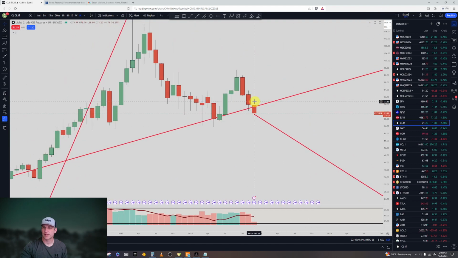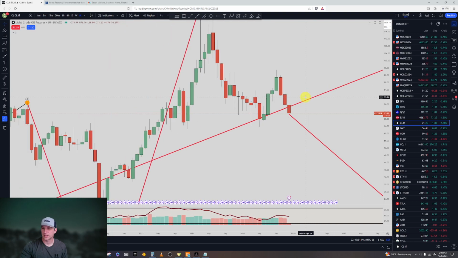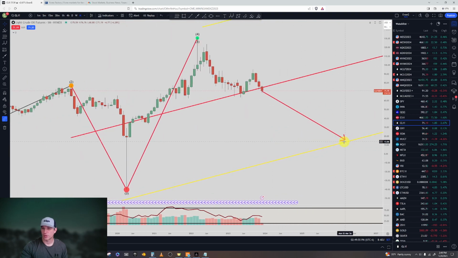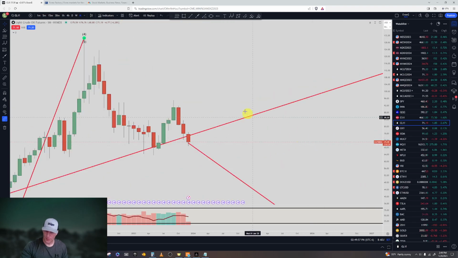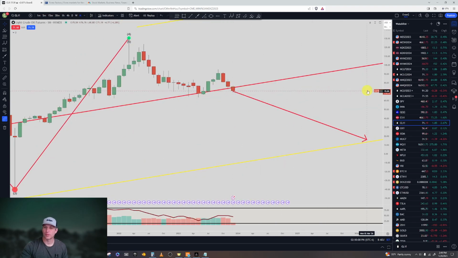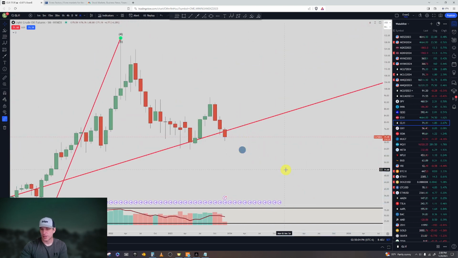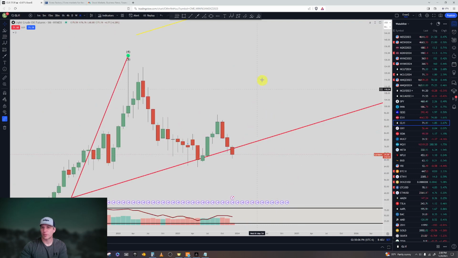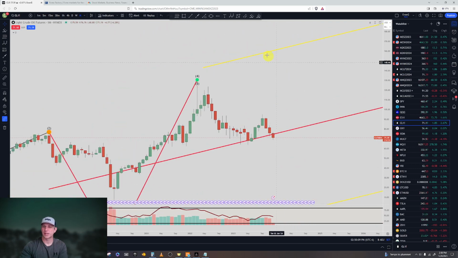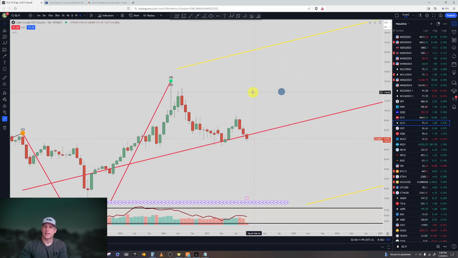If it doesn't and it rallies up here, closes above it, then we have to wait for the next months to see when it's going to close. But when we do get one that closes below it, that is the target we're looking for down here. Now, if, or when really, probably when it closes below the median line, if the price does not go down and hit the yellow line, but rallies up here and hits the upper end, see this upper end right here? Hits the upper end of the Schiff pitchfork, going the other way, at any point along it, then